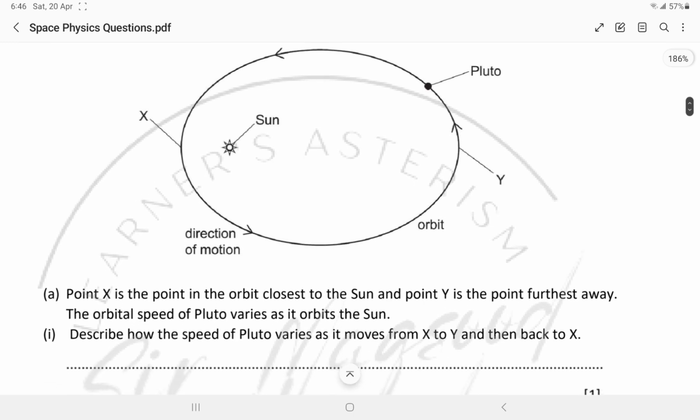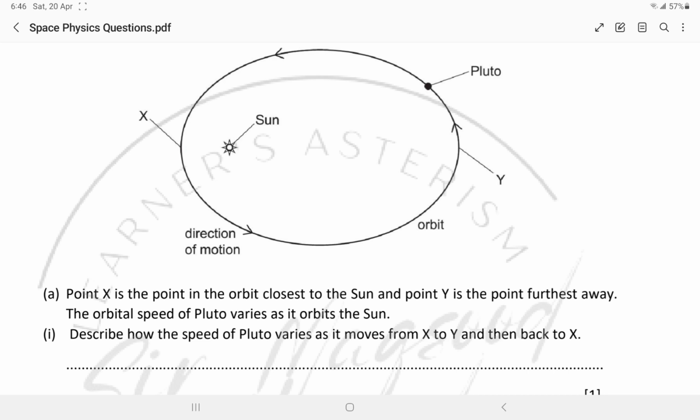The question is part A. Point X is the point in the orbit closest to the Sun and point Y is the point farthest away. The orbital speed of Pluto varies as it orbits the Sun. The question is, part 1, describe how the speed of Pluto varies as it moves from X to Y,